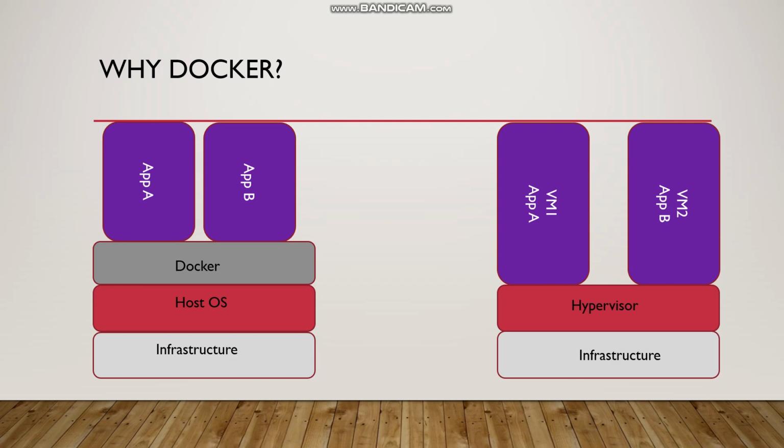Only on the right hand side are multiple operating systems used, because each VM needs to have its own operating system. But what does a VM exactly give you? It gives you isolation. One VM is isolated from another VM, while on the left hand side there are two different apps, app A and app B, which are basically containers. We will talk about containers. Right now we can understand containers as VMs which are acting in isolation.